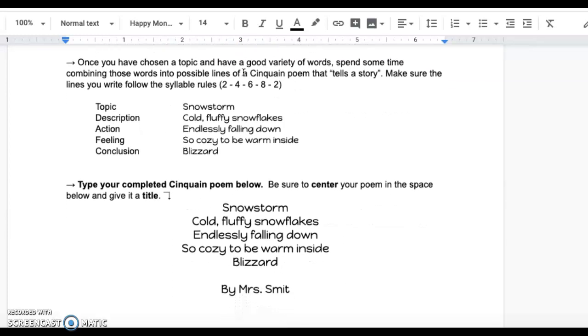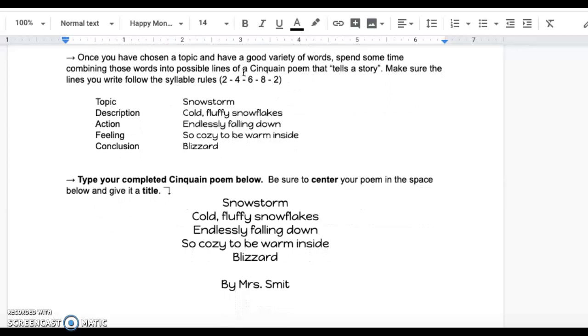Once I've chosen my topic and had all the words, I spent some time combining the words, and I wanted to have it stick with the same theme. I don't know that it necessarily tells a story, but it might. I would say the way that this poem that I ended with tells a story is that it sticks with a topic all the way through, beginning to end.